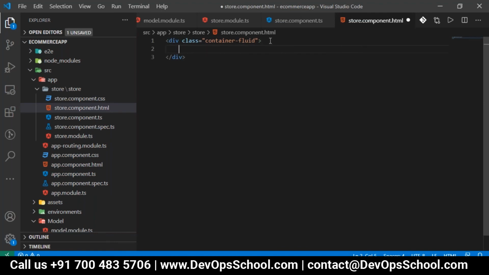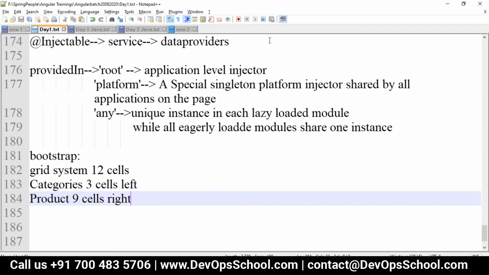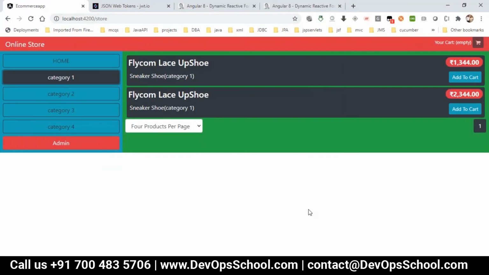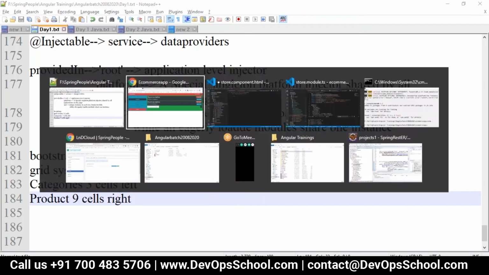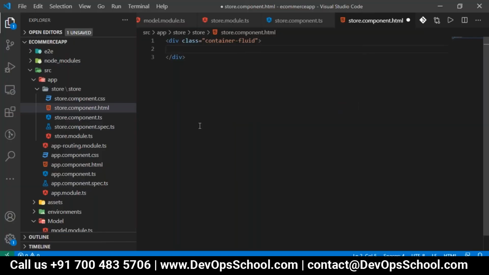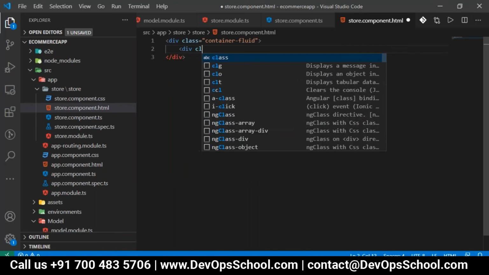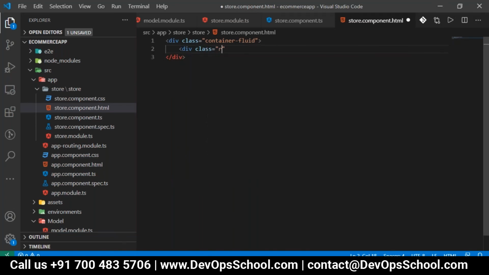This is one container fluid, meaning it will take one whole page. This will be one container. In this container, I want to take one row. Then in that row, I want 3 columns and 9 columns. That's what my division is. So for this, I will take div class row.